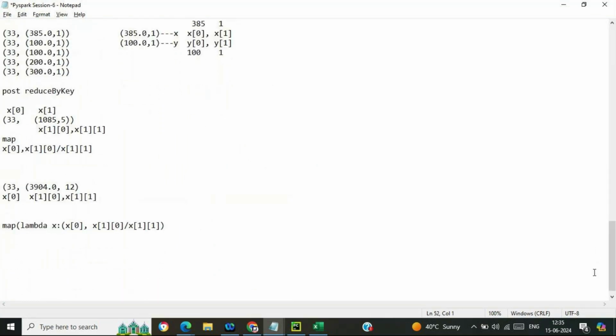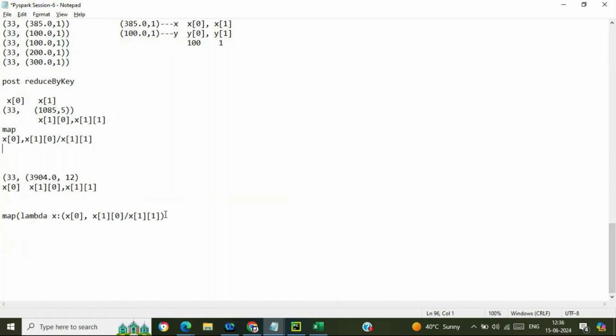Please, we are applying reduceByKey on the value only? Suppose we apply it on a single column only, the values. Is there any possibility that we can apply it on two columns or three columns? With reduceByKey, you just need to have the data in key and value pair. So if you are going to apply it onto three columns, four columns, then it will not work. Okay, it will not work.